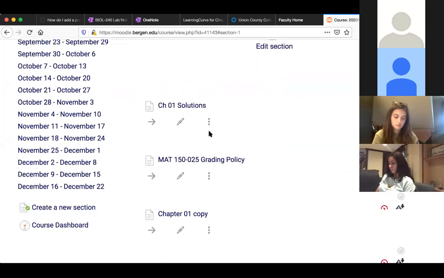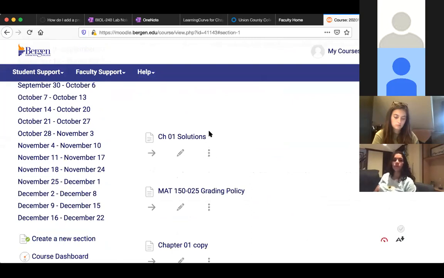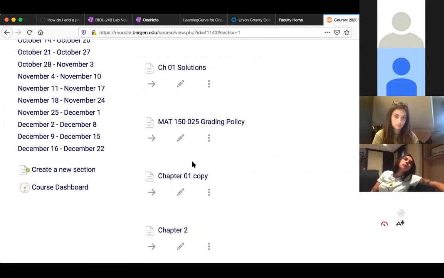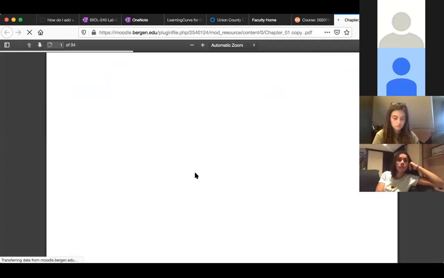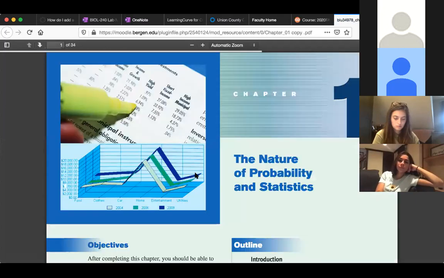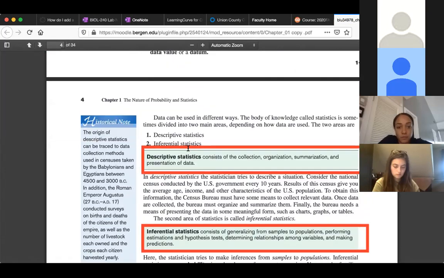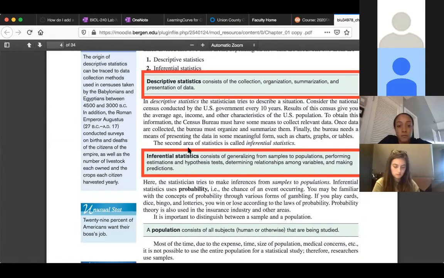My screen is going to look a little bit different than yours because I have an instructor's view and I don't know where the student view switch is. What I'm going to do is open up the copy for chapter 1 here. This is what I want you to see. And we're almost done. We just have a few minutes left. We're mainly going to be doing some wrap-up stuff now. Can everyone see my screen? Yes. Okay, great. So at the end of the chapter here, well, as we go through the chapter, everybody see these red boxes?